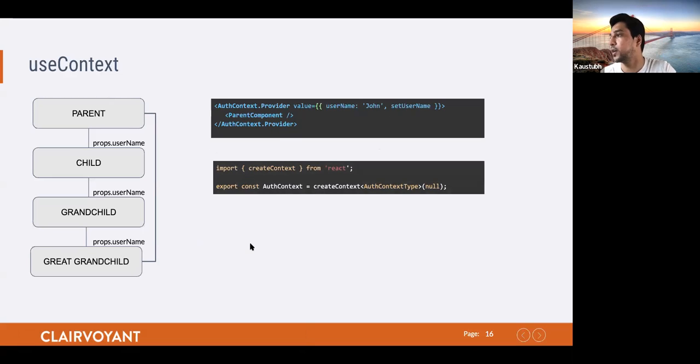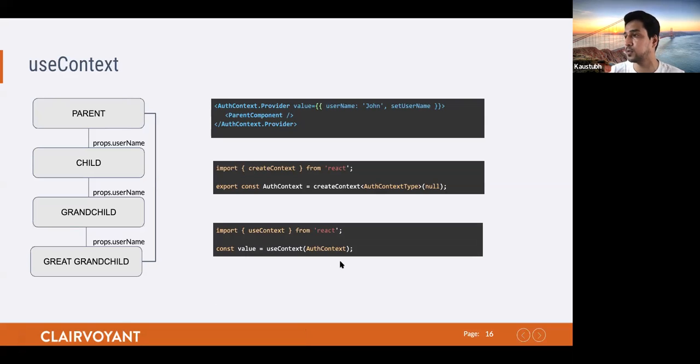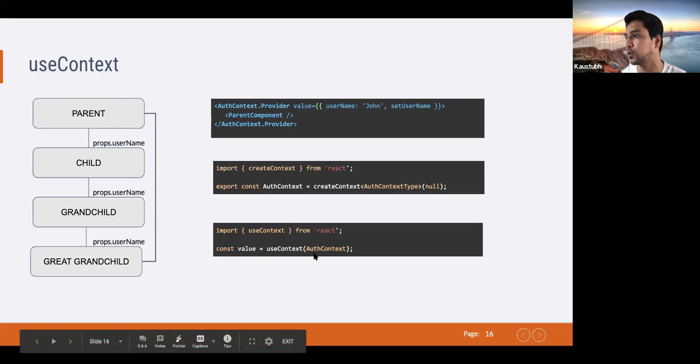The syntax for this is quite easy. We just import createContext from React. We type it if we want to, and we can pass it an initial value. Here we have passed it as null. And in order to use the context, we need another API, which is useContext, and we provide which context we want to use. In the first step, we are exporting a const AuthContext, and then in the third part, we are just using that particular context. So any component willing to use this value is just going to call this one line, useContext(AuthContext), and they are good to go.